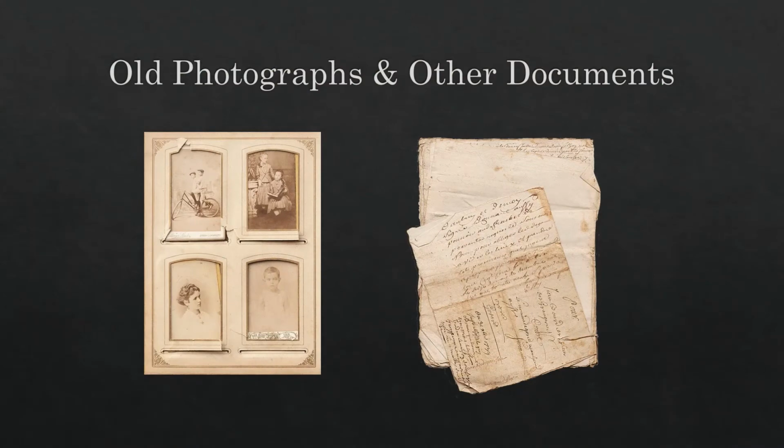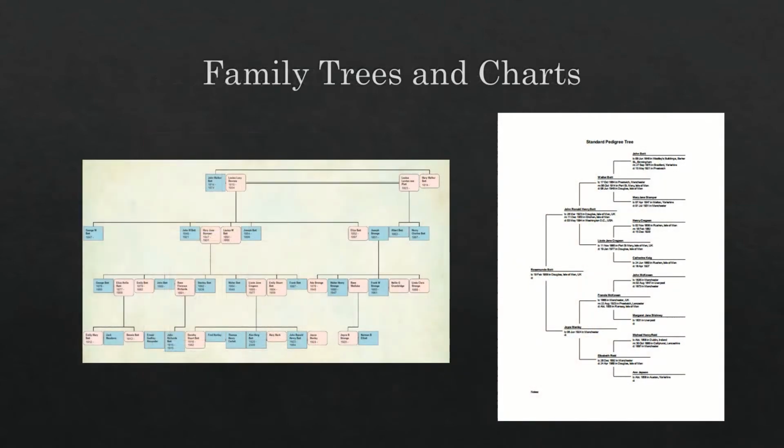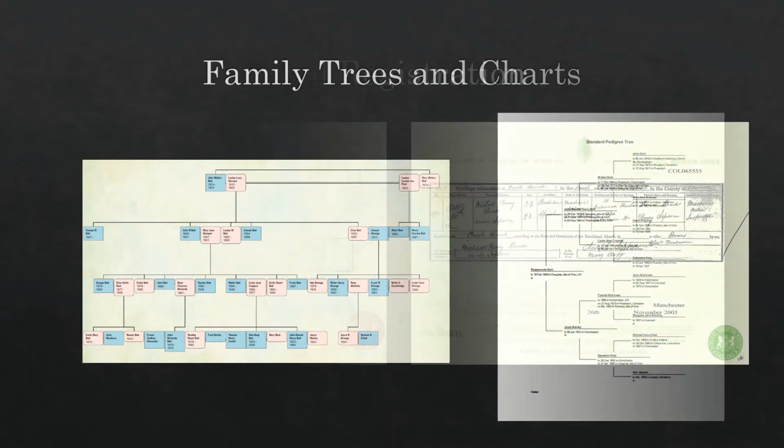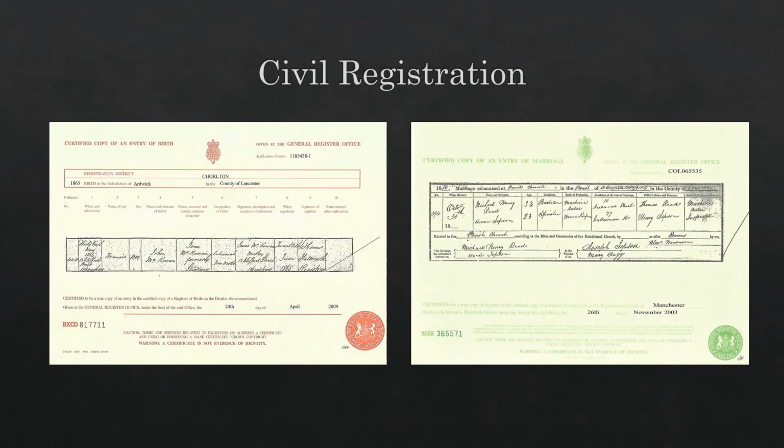In this course you will learn how to find and use old photographs and documents that you or your family may already have that can provide extra information and inspire research avenues. You will learn how to create family tree charts to record and present your research, how to search civil registration indexes and order birth, marriage and death certificates,